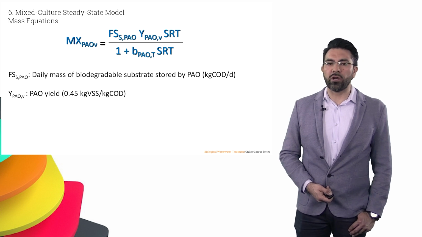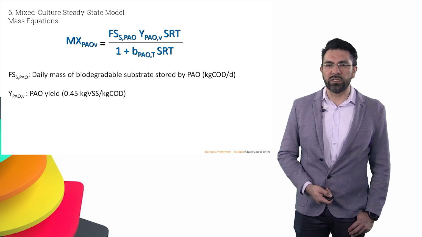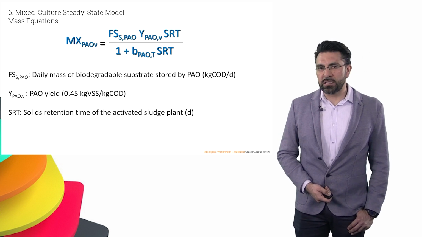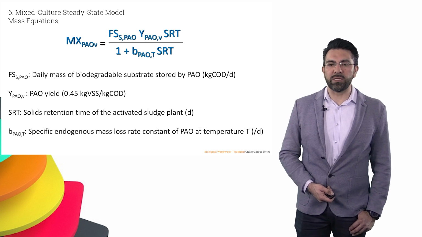Typically, they will be producing around 0.45 kilos of VSS as PAOs per kilogram of COD that they can store, similarly affected by the solids retention time and also by the specific endogenous mass loss rate constant of these